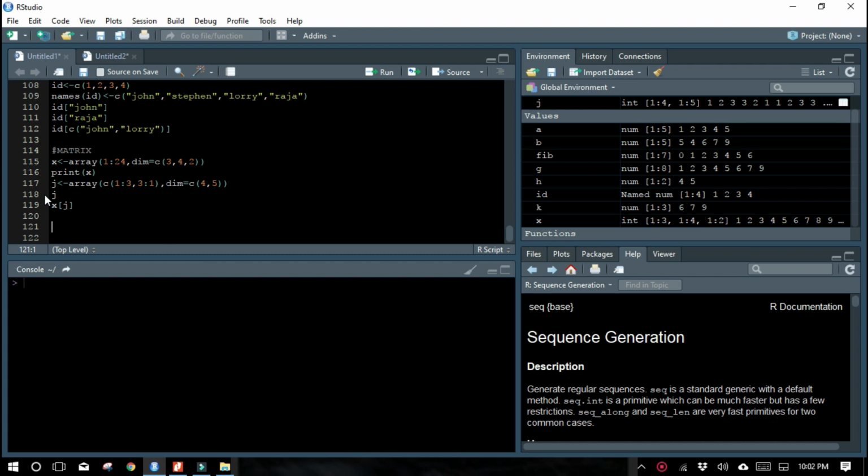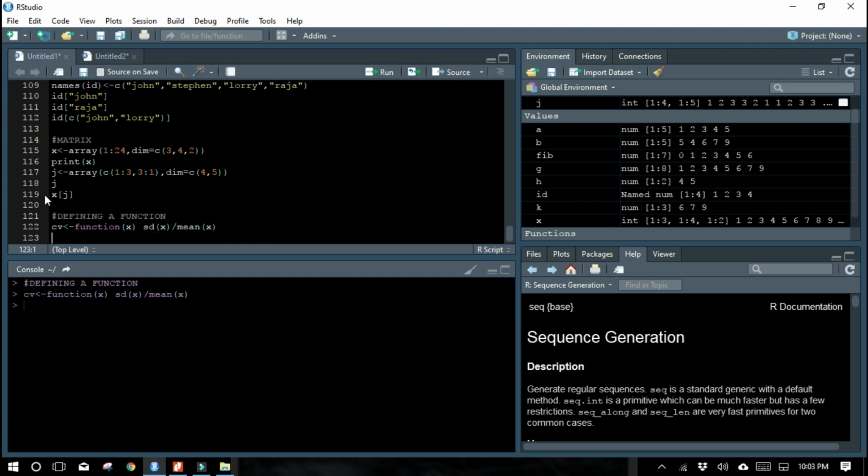Now let's see how to define a function. Let me create an object CV, and we'll create a function of x: sd of x divided by mean of x. Now the function is created, and the next thing is CV of 1 to 10.